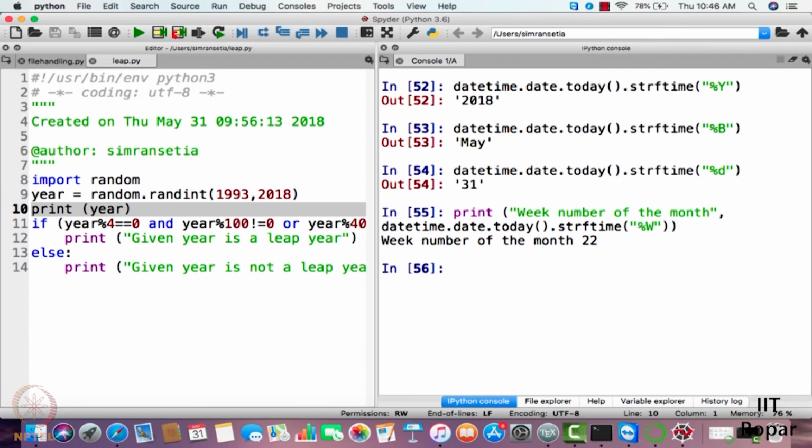So after this, what can we do? After that, if you want to display weekday of the week, what do you need to write? I'll again write weekday of the week.